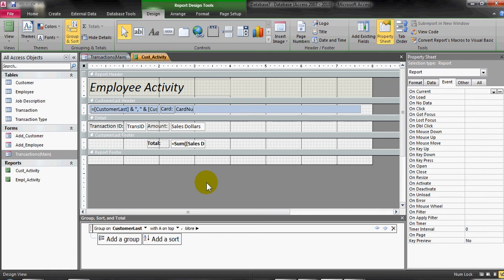Really, you would group by customer ID, or the card number, I should say, because you don't really want to accidentally group two different people together because they have the same last name, right? So that's the whole point of the ID field. But I was in a hurry, and this is just how I did it. But anyway,